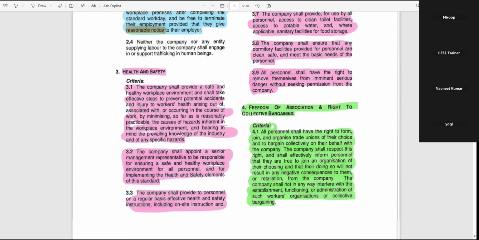Okay, that is about requirement 3. And requirement 4, freedom of association and right to collective bargaining. Okay, so when I say freedom of association, it is nothing but you can start work